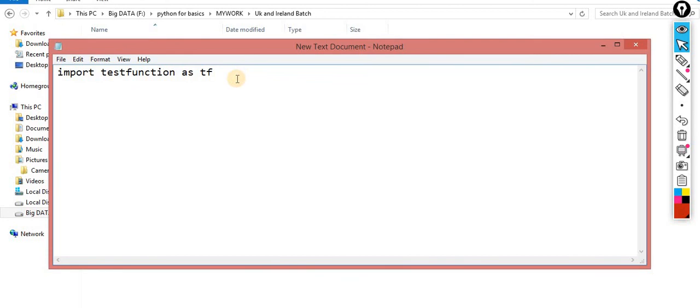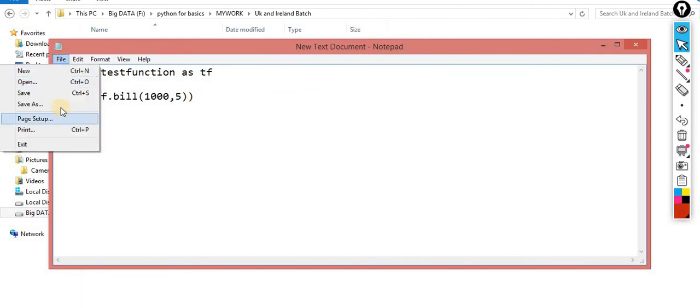Now I am calling TF dot bill. Let me check if bill is taking any parameters. Okay, it's taking two parameters. TF dot bill, let's suppose 1000 and 5, and I am printing it. Very simple. I just use this bill.